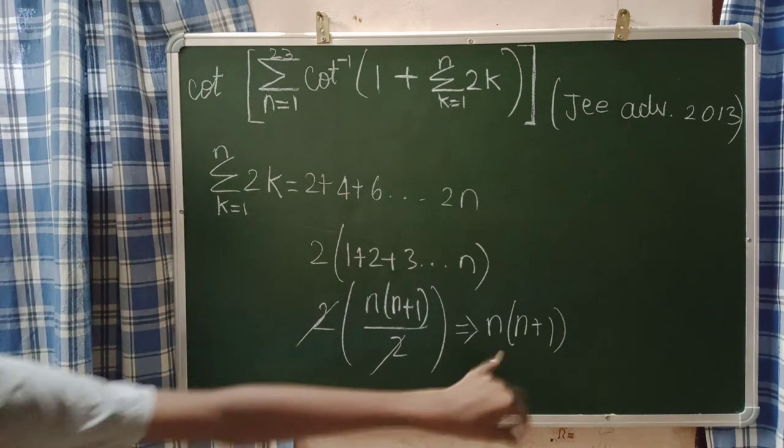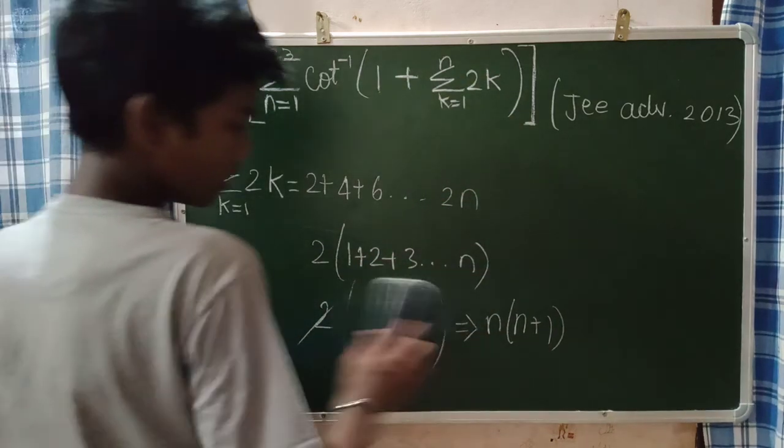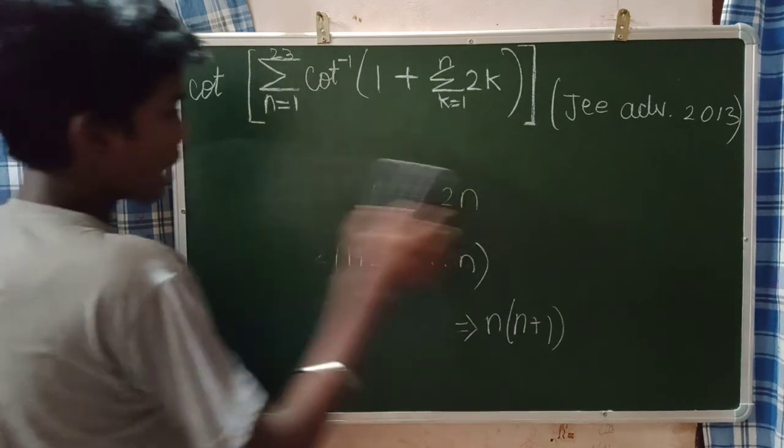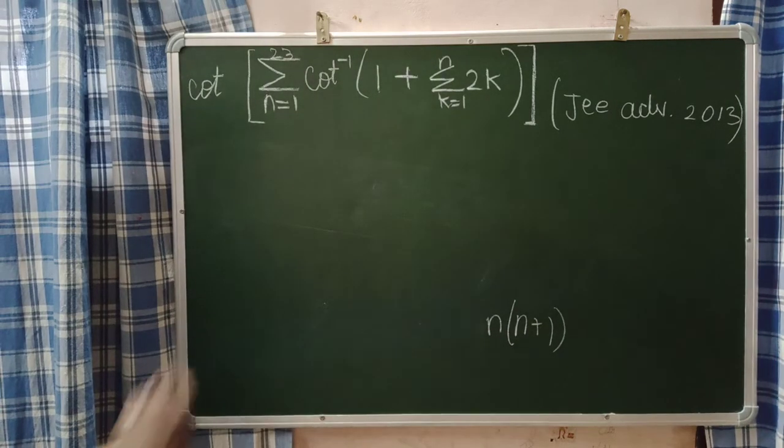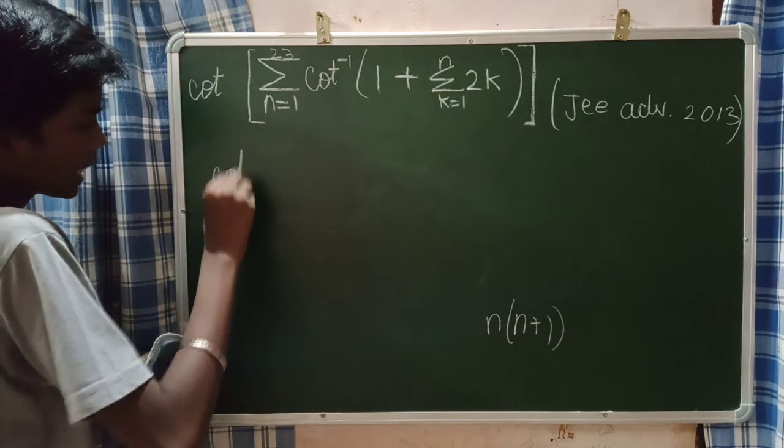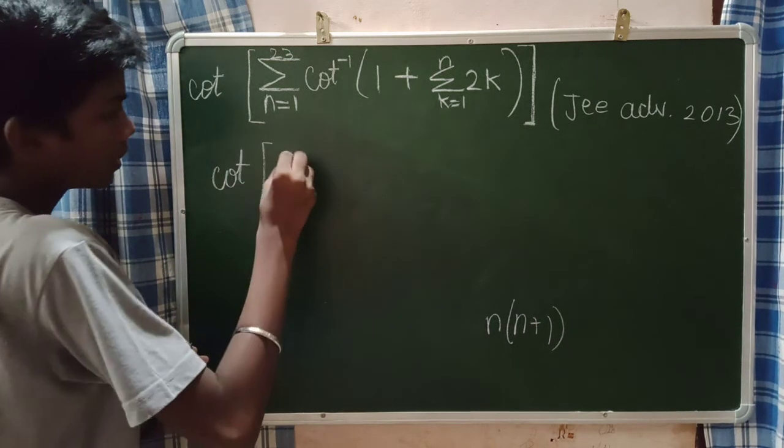Now I will put this value in this summation. That's what I am going to do now. I will put this value in this summation. When I put this value, you will get the same expression as cot of summation